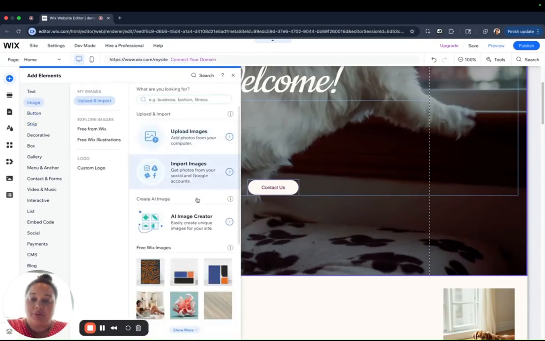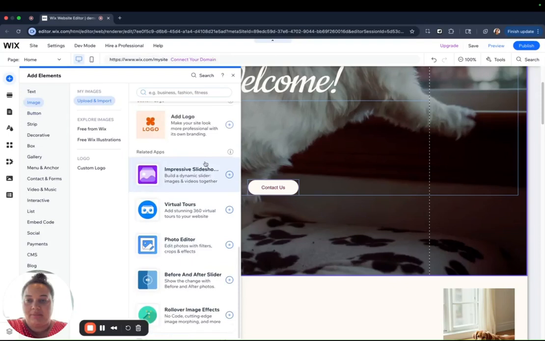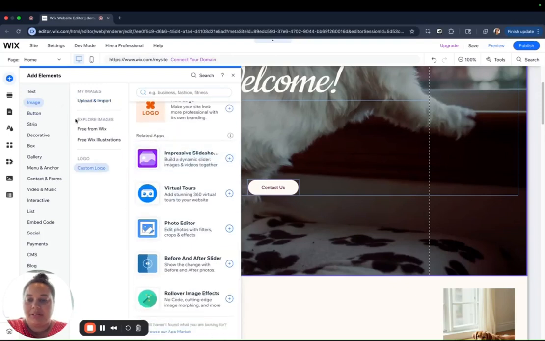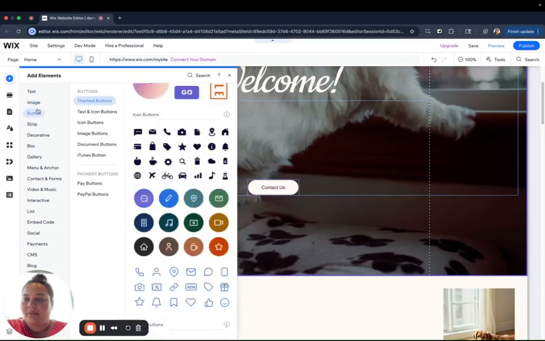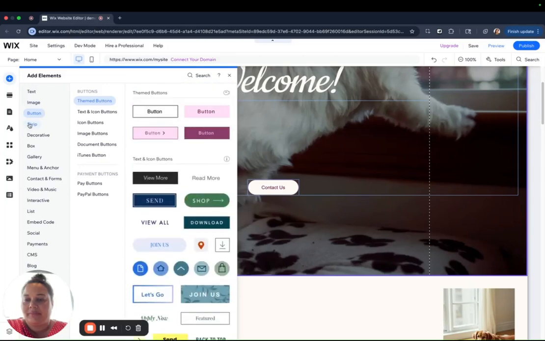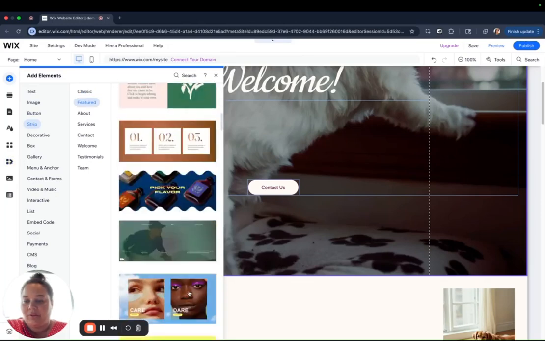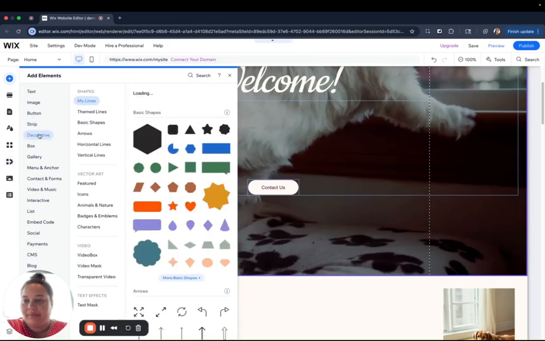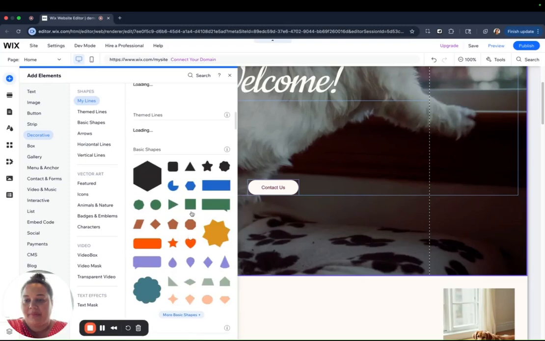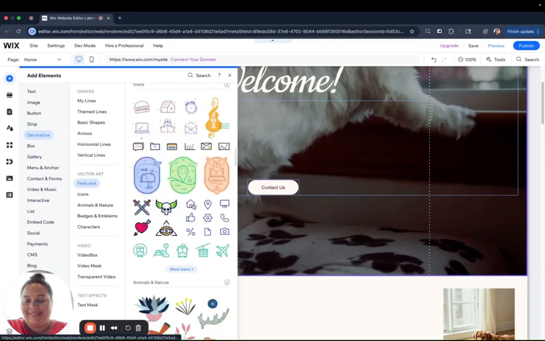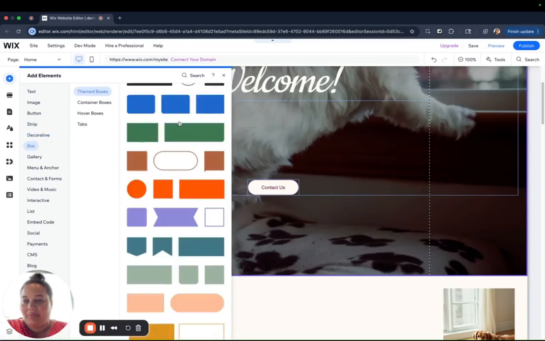You can upload your own. You can create some. You can add logos. So many buttons. You can add different little strips. And they've got all of these amazing templates. Got decorative stuff, all kinds of different, isn't that neat? You've got different boxes,